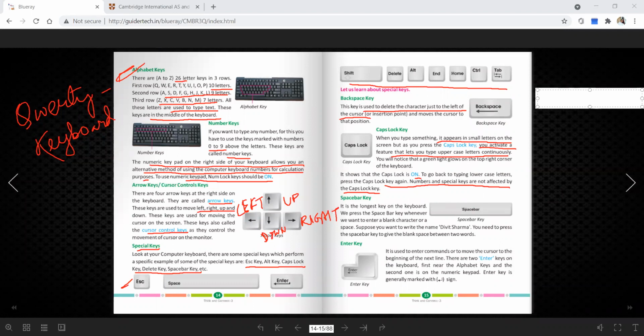Okay, so I'm writing, suppose, computer. It is coming in capital letters. I'm pressing enter now. Now I press caps lock again and it will be turned off automatically. Now I'm writing computer, and you can see that earlier all were capital letters.